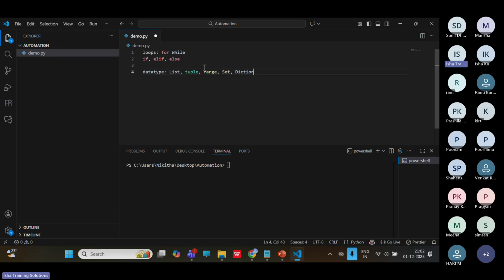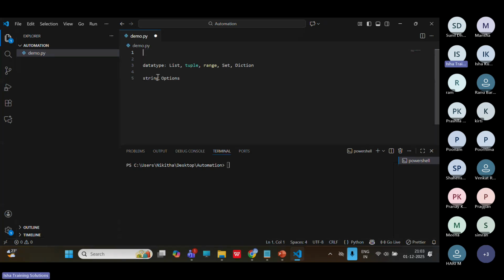And each of these data types have their own unique set of importance. I'll also explain the difference between each of them, so you'll understand what to use when and why. And post it, we'll see the string operations, which are also another important topic for automation testing and also from the interview standpoint. Okay, yeah. So now